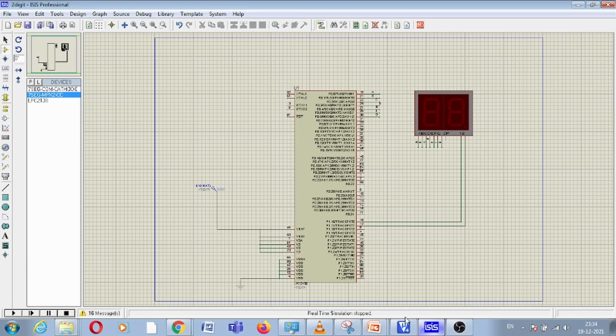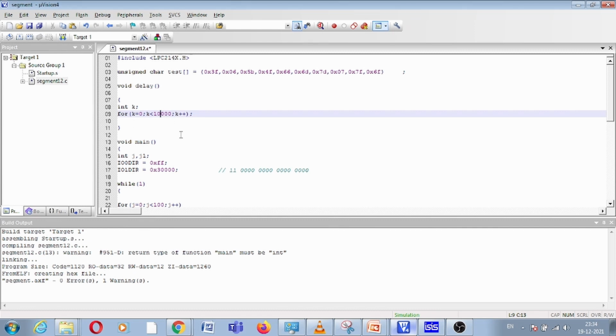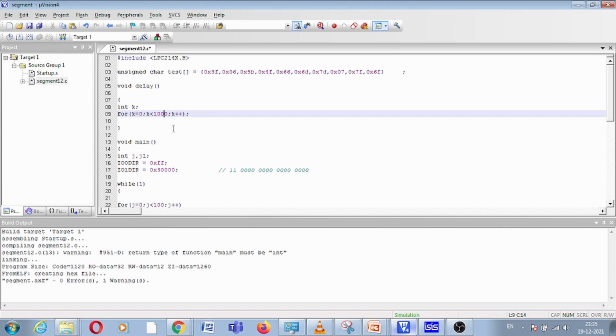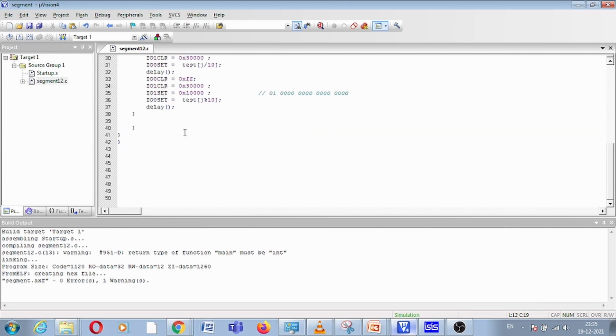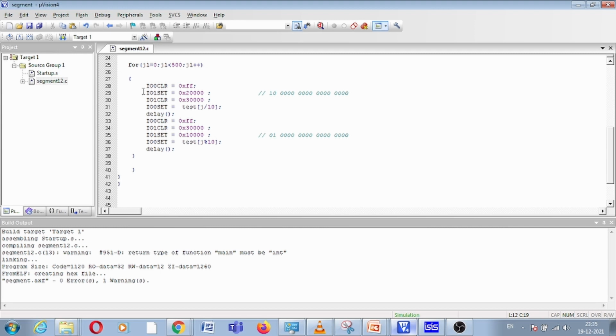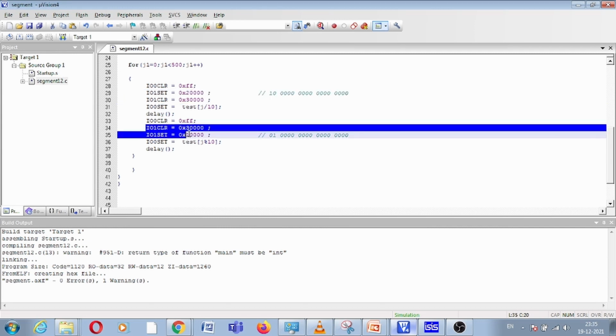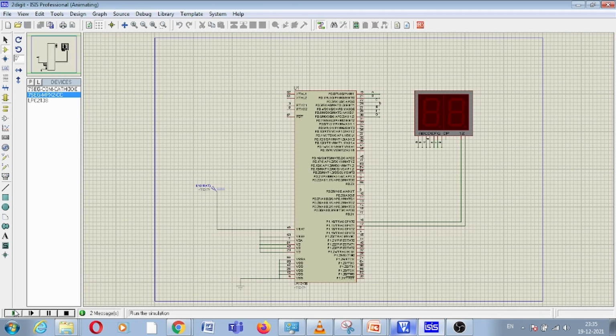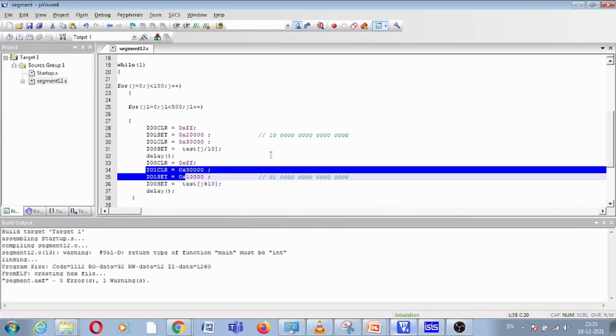So how can we play with the delay? First of all, let us reduce this delay to a very small value, right? Because we have to write on both segments with very small delay, otherwise it looks like both the digits are not displayed simultaneously. So let us rerun it, and now you can see something is happening, but again the values are random. Okay, so let me check the code.